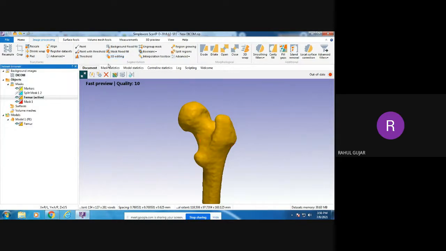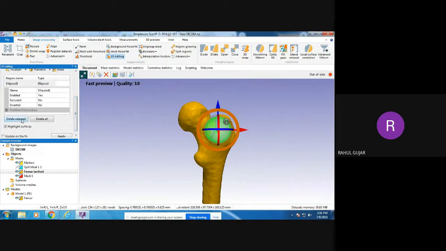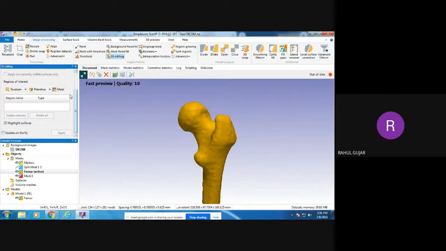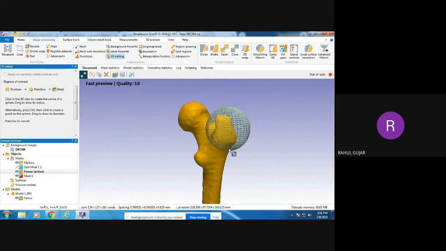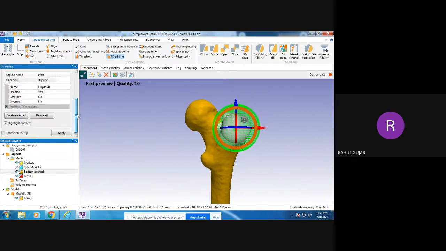Closed. Okay. What happened? Just wait. Ellipse. Okay, right now it is selected properly. And apply.